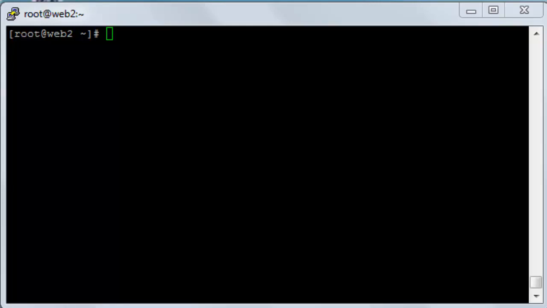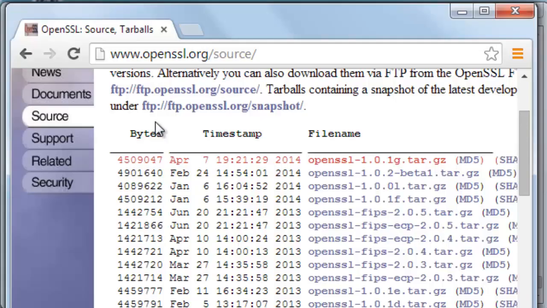In this lesson we will talk about SSL configuration. First we will install OpenSSL from the source. To do so you will go to this link over here,